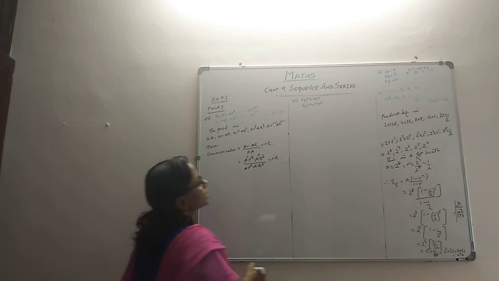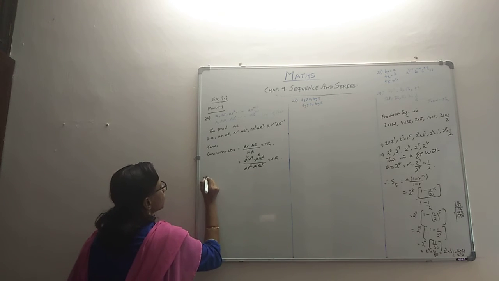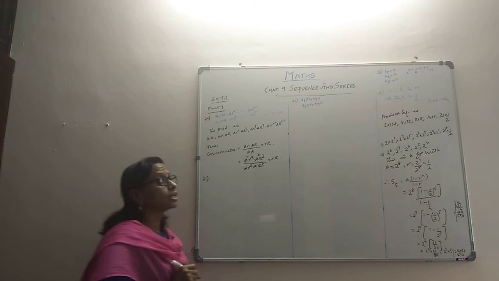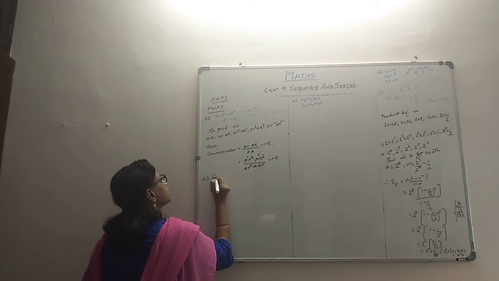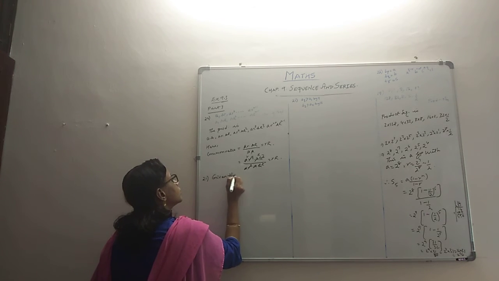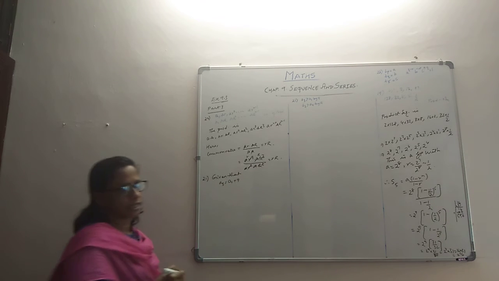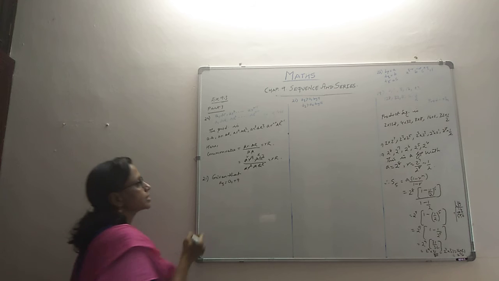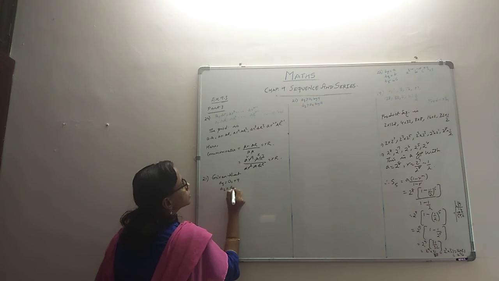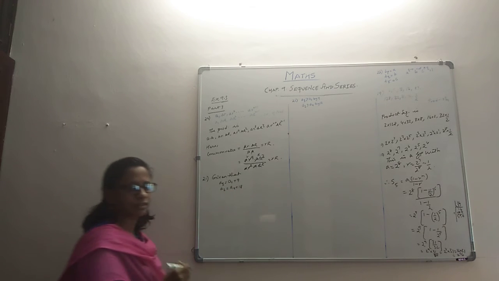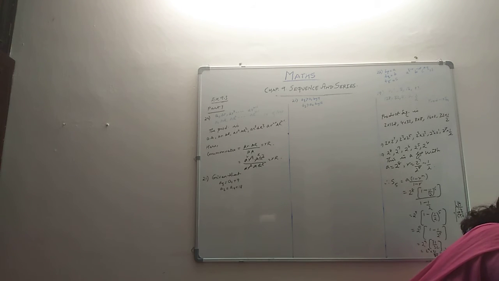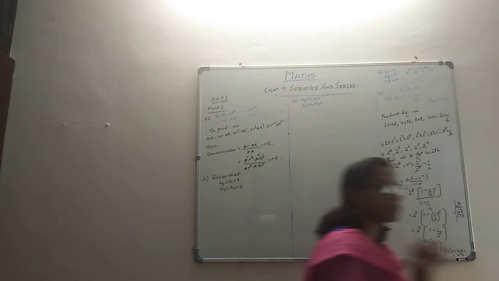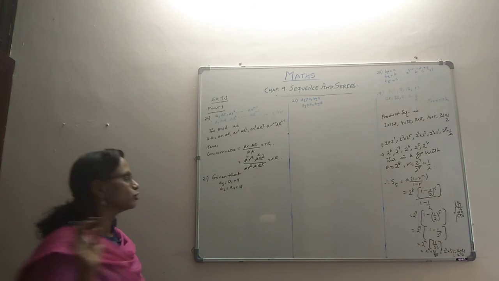That's about it. Then we come to the 21st problem. Now what do they say in the 21st problem is the third term is greater than the first term by 9. So what is given? Given that the third term is greater than the first term by 9. This is the meaning. And the second term is greater than the fourth term by 18. So we should do this, and we have to find the 4 members in this progression, A1, A2, A3, A4.